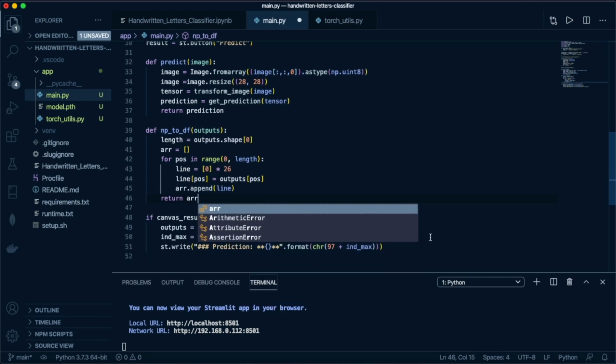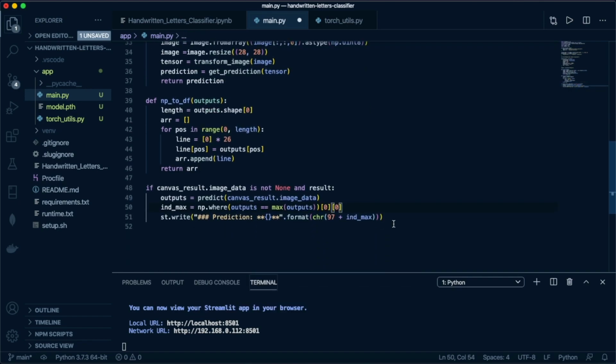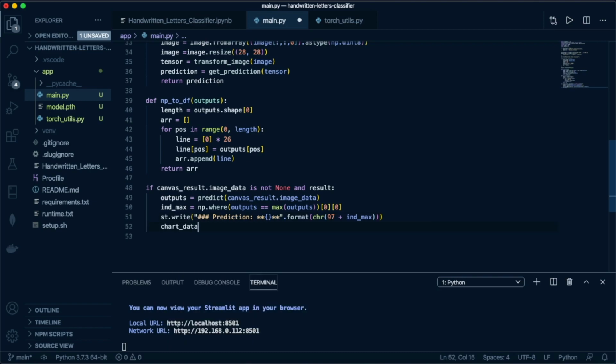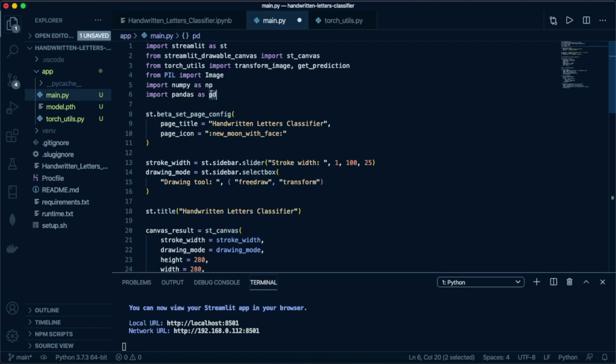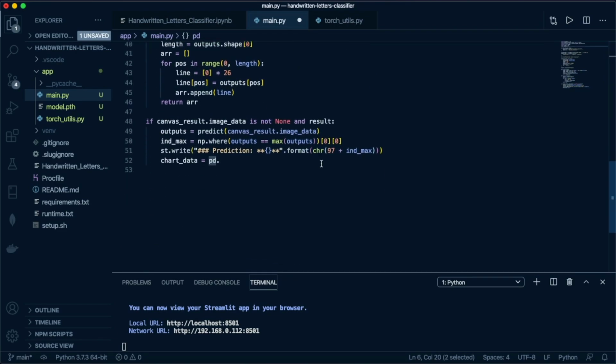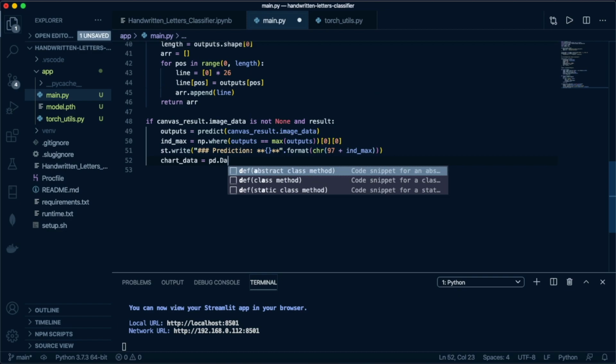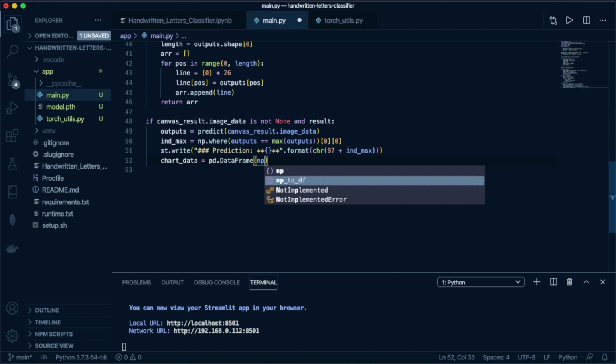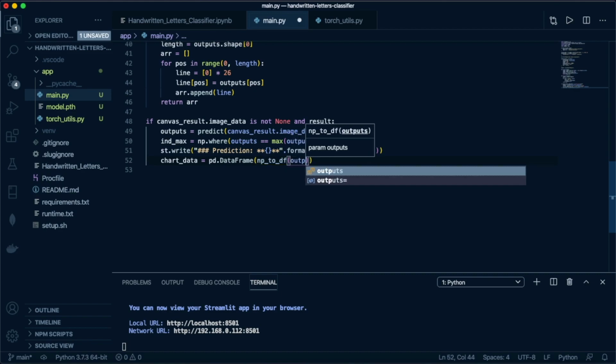Now inside of our if block, which is where we'll show our predictions, and after that we'll show our bar chart, what we want to do is declare a variable chart data which we'll use to show our bar chart, and we'll say pd dot data frame, and pd is how we imported pandas earlier. So we'll say pd dot data frame, and as an argument we'll pass in our utility function np2df with outputs as that,